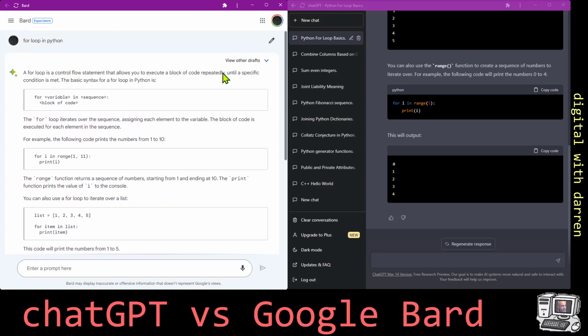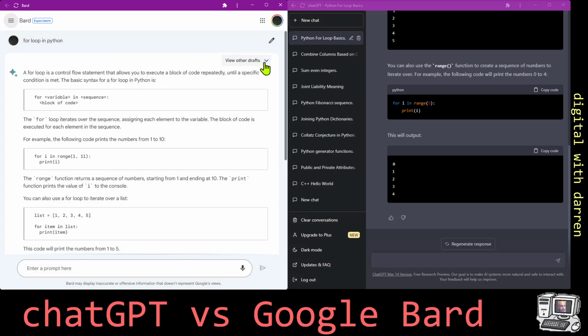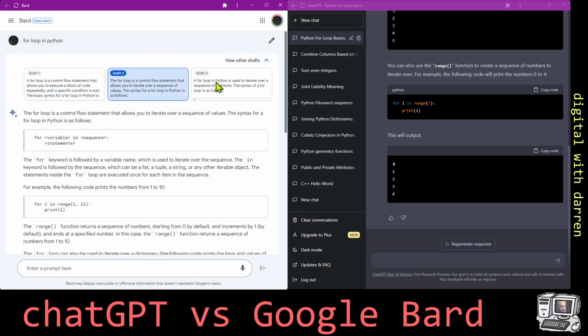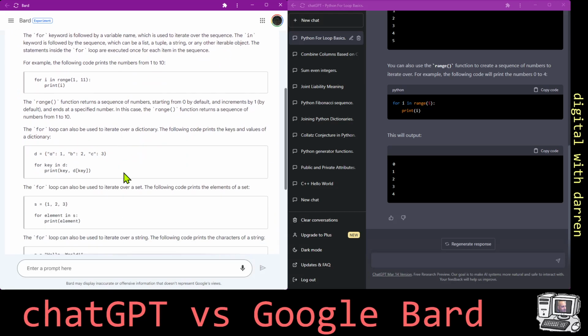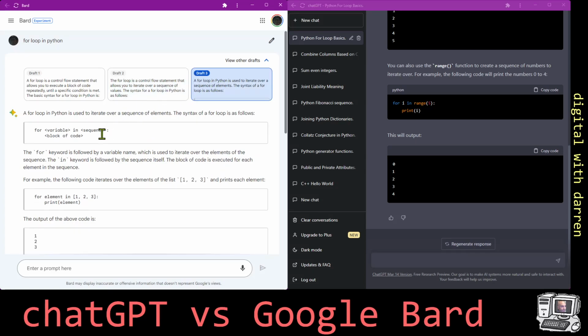Then what else was there in there? Let's see if there's other stuff. No. We've got view other drafts here. So Google gives the other drafts, different versions of what might be answered. And here, for example, we've got a dictionary. Whereas ChatGPT only gives you one version and offers you a regenerate button, so I'd have to hit regenerate. We don't have a regenerate button here, but we've got 3 different versions of